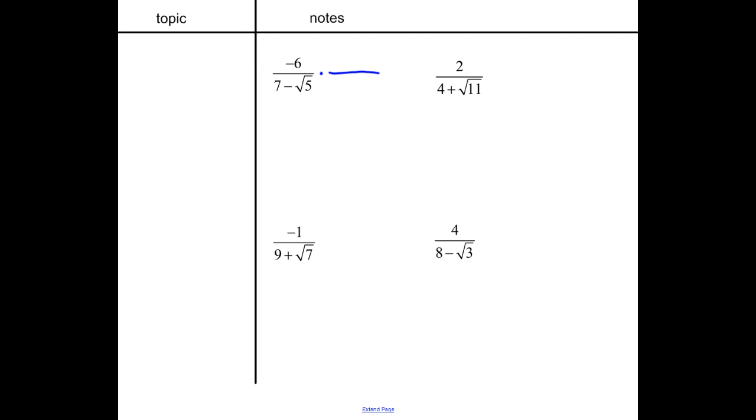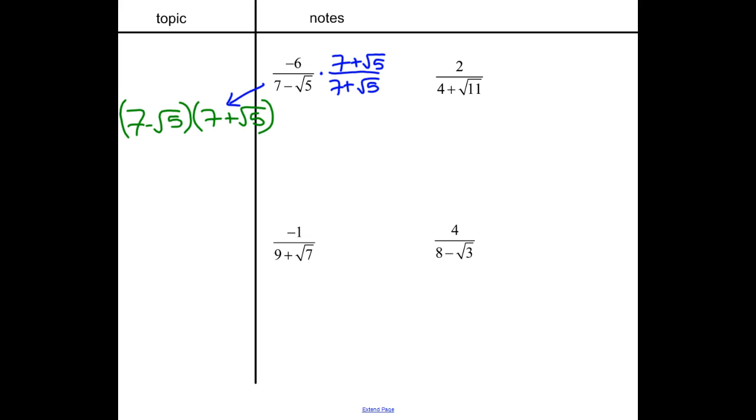So I'm going to take 7 and the square root of 5, but I'm going to make it addition. On the top, I'm going to multiply by 7 plus the square root of 5. Let's show you why this works. If I take 7 minus the square root of 5 times 7 plus the square root of 5,